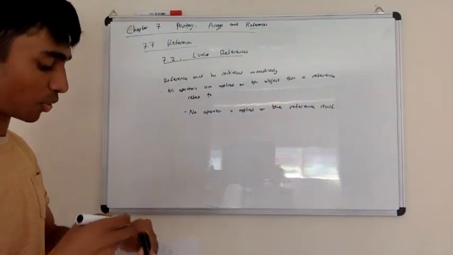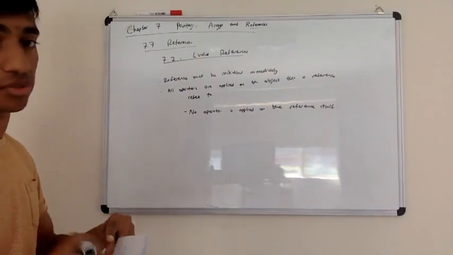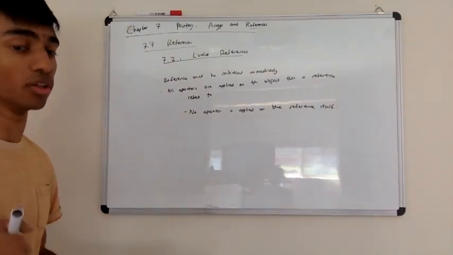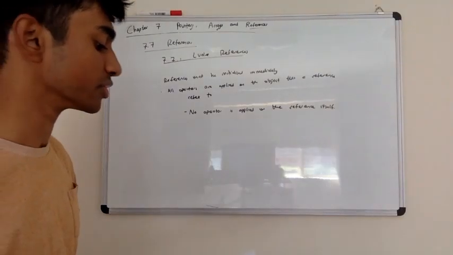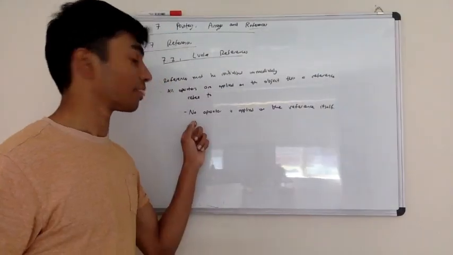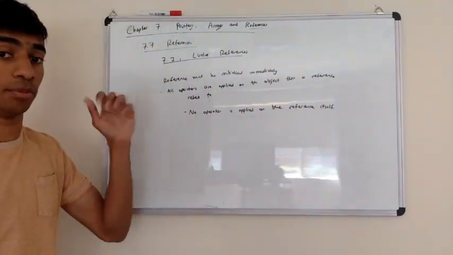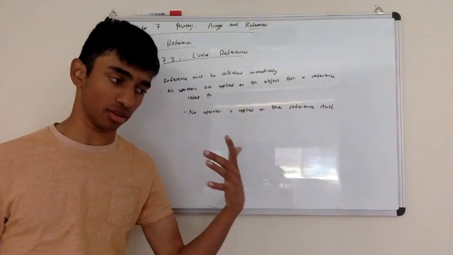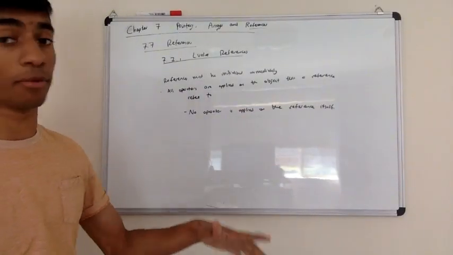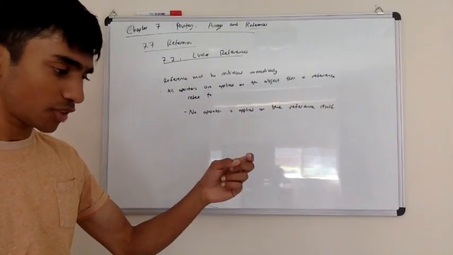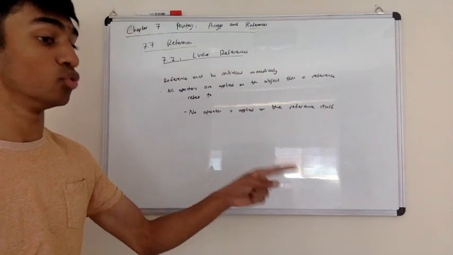We talked about pointer arithmetic, where you can actually change the address that the pointer stores using arithmetic operators. There is no equivalent for references. No operator is ever applied directly on the address that the reference holds. Any operator you apply is implicitly applied to the object